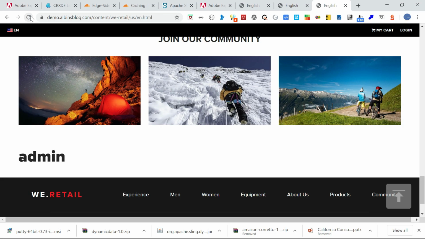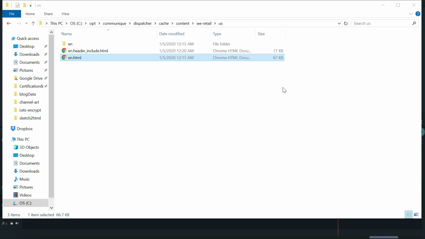This concludes the demo. What we did is we enabled SSI in the AEM server, and we made some configuration changes in the dispatcher also. Then we tested the JavaScript include, then Apache SSI, then ESI include. In all three scenarios, the dispatcher cached the content by enabling the placeholder. If you see here, all the en.html, whatever page we were accessing, the complete page is cached here.